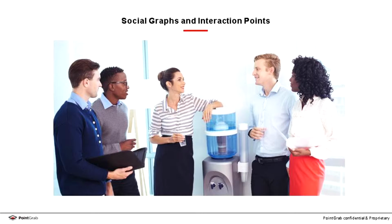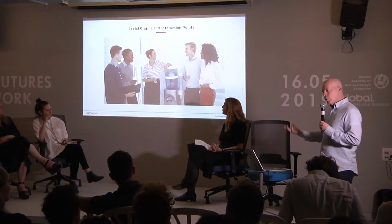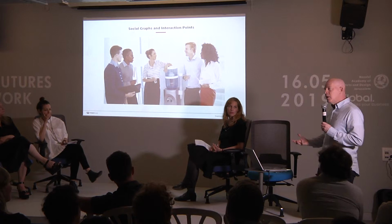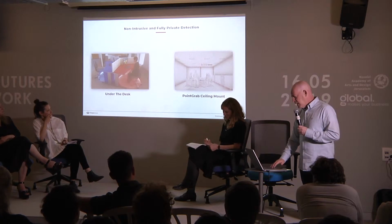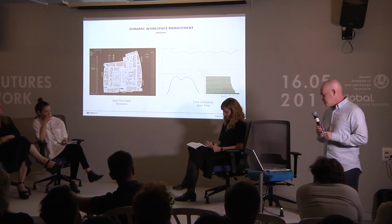This is something that is almost totally parallel to what we see. Today, a lot of the things are happening away from the desks. You want to know what's happening, you want to know where people are, you will need to track it. Other alternatives in the market today, I'll just skip it because they're not as good as ours, so I'm not wanting to touch it. And what I wanted to show you in the last 2 slides